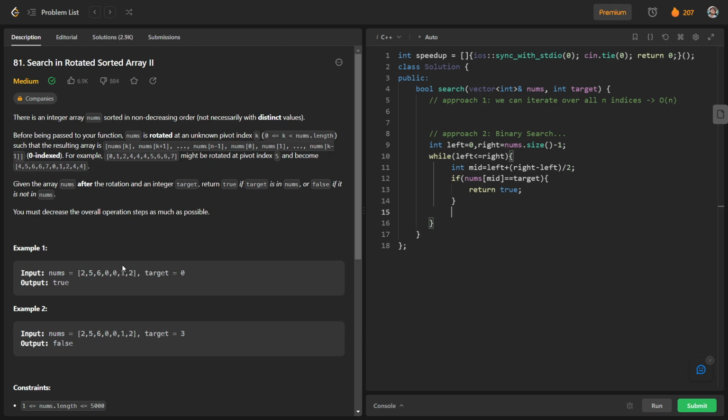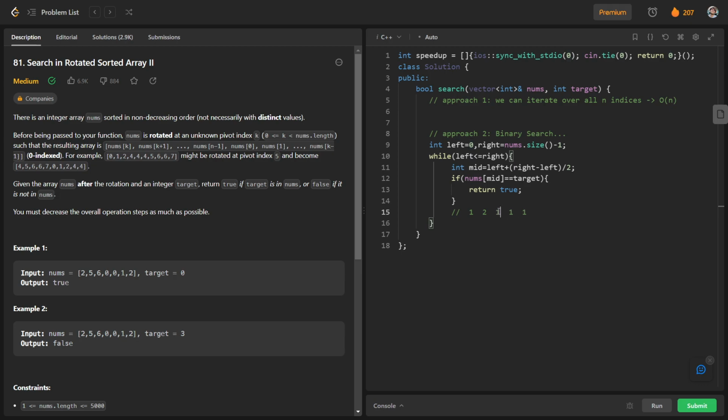So basically you can see that, let's say this is our array, and let's say here we have 2, and here we have 1.